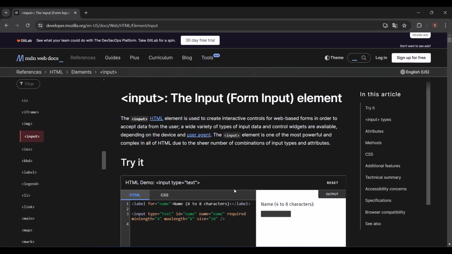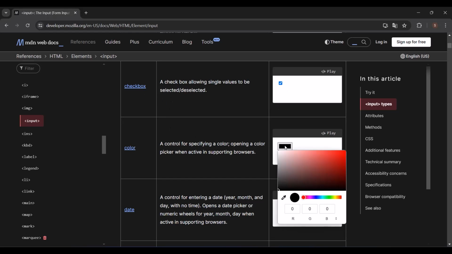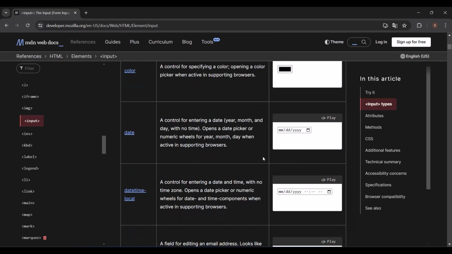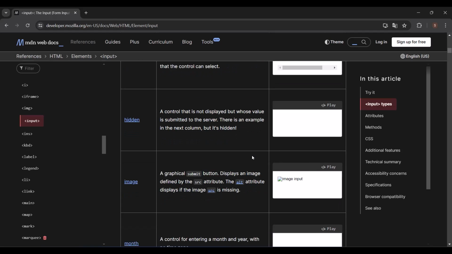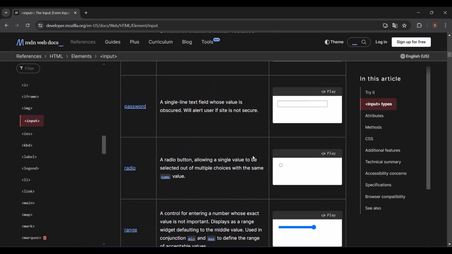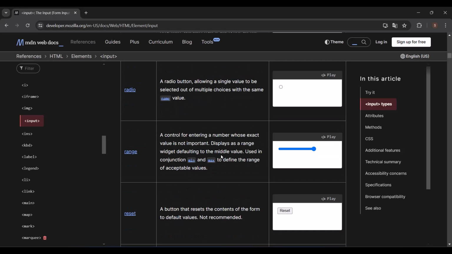Let's open this, and let's look at other types that you can use. So you can use a checkbox. You have the color picker that I showed you already. We have the date, file, image, number. So for number, if I type here letters, it will not work, but I can type numbers. So you can use this one for numbers, you have radio button.